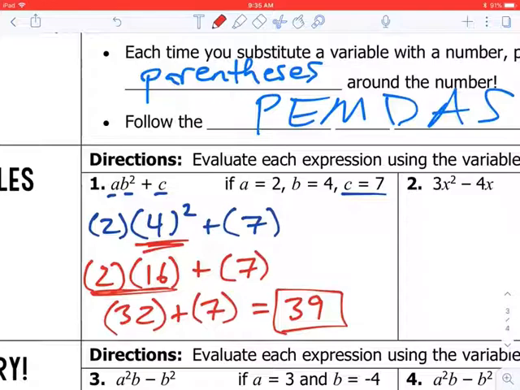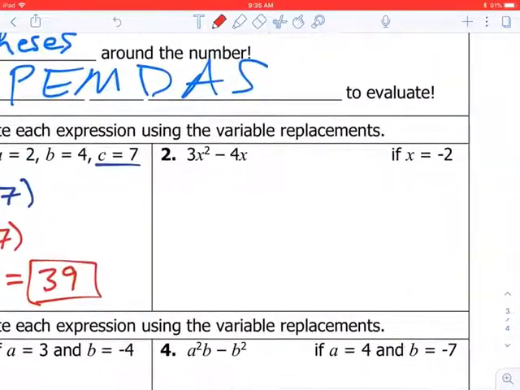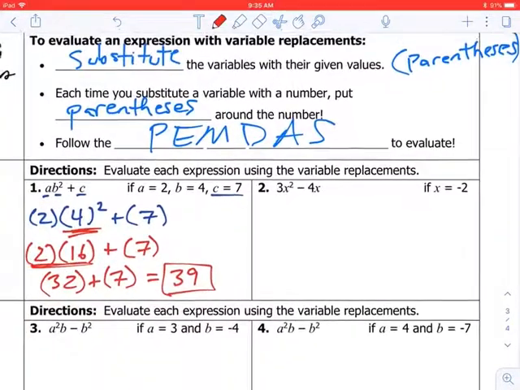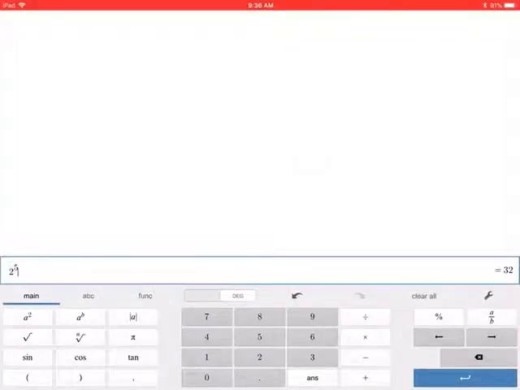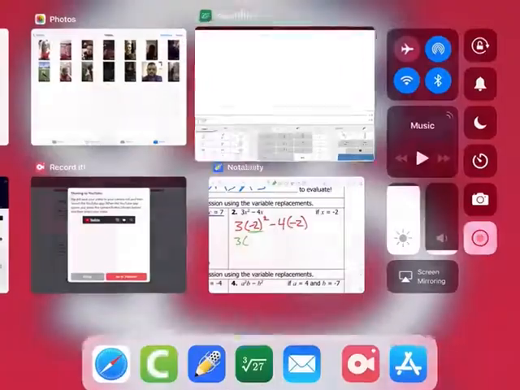Okay. So same thing over here, but it's only one letter. So instead of 3x squared, it's 3 parentheses squared minus 4 times parentheses. So for x, I'm putting in -2. Okay, so again, exponent first, right here, 3 times -2 squared. This is one where the calculator comes in handy because if you don't use your parentheses, you're going to get it wrong. Okay, so -2 in parentheses squared, and I get 4. You can see on the bottom right hand side. +4